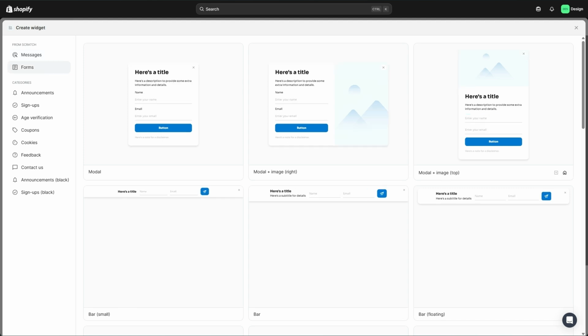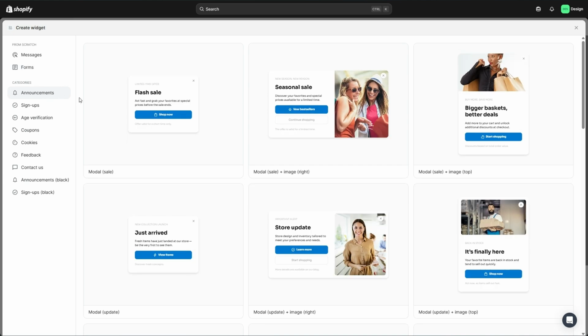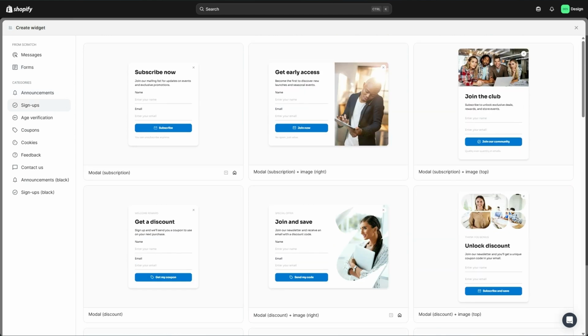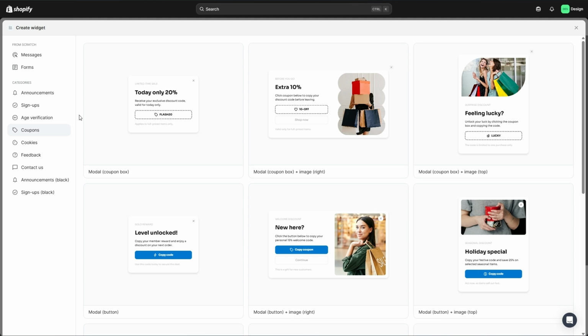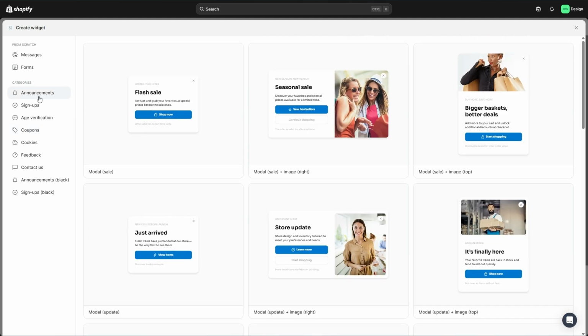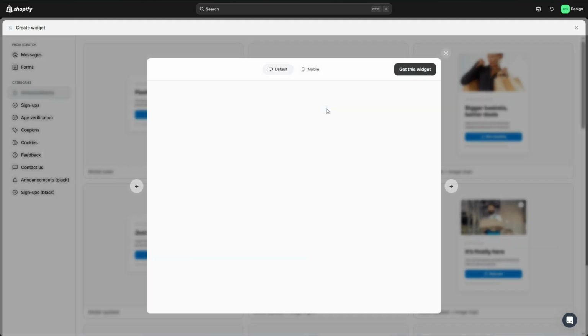Under Messages and Forms, you'll find empty templates to create pop-ups from scratch. There are also pre-made templates. They are divided by category: announcements, sign-ups, coupons, etc. You can preview a template to take a closer look, and once you've chosen one, open it